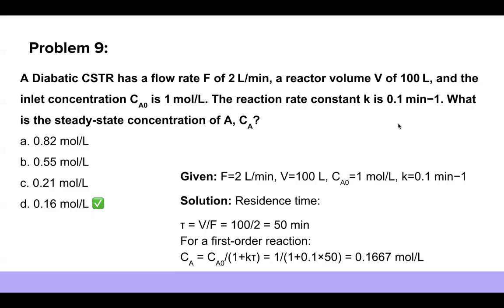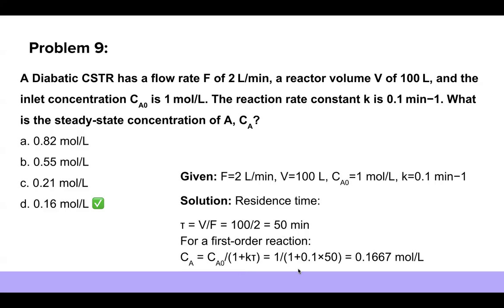Now it's a first order reaction. So you can just look at the unit of k, and from that you can figure out what the order of the reaction is. And there is a formula that relates the order to the units. Now, we will get the equation Ca equal to Ca0 divided by 1 plus k tau,